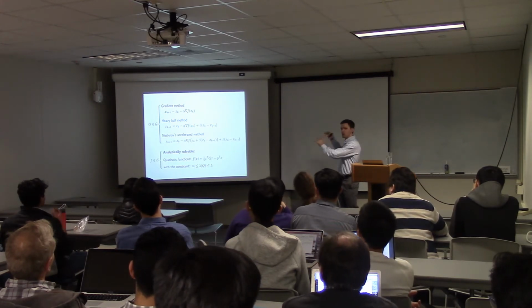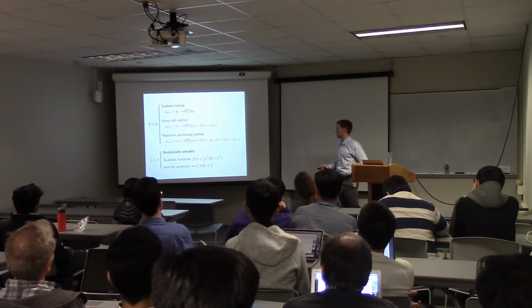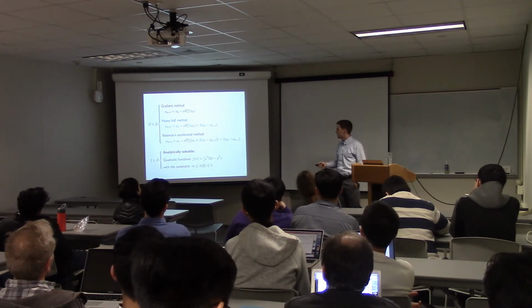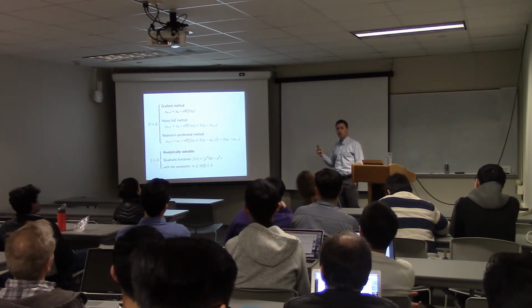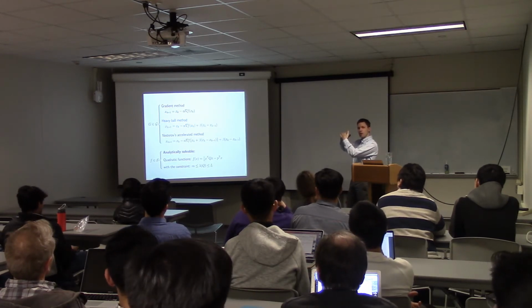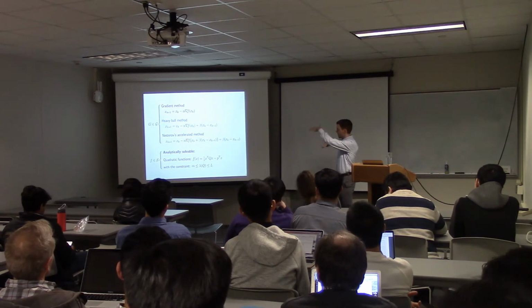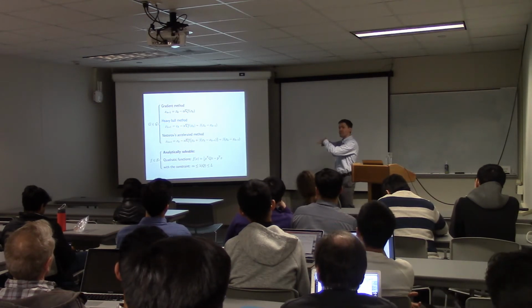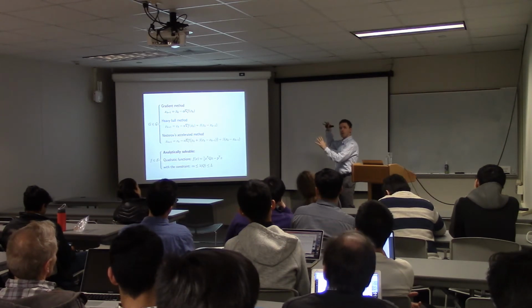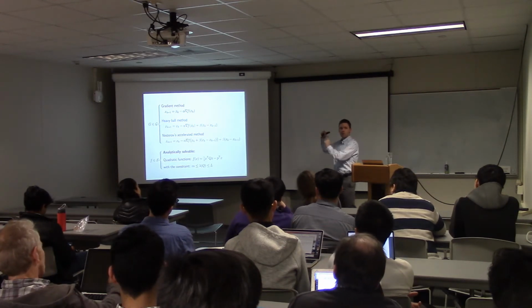And the quadratic that I drew was the one that has the largest ratio of L over m. You can think of the ratio of L over m as the condition number of the matrix Q. You can think of that as how squished those elliptical contours are. So when L over m is really large, that's really squished. When L over m is equal to 1, then the contours are perfect circles, and then you can get convergence in one step. All right.